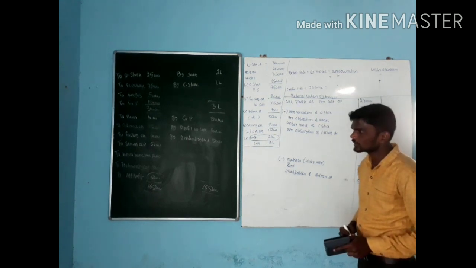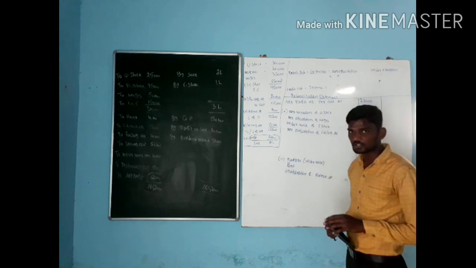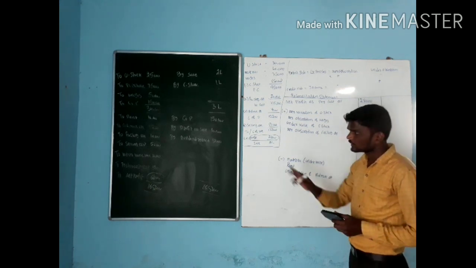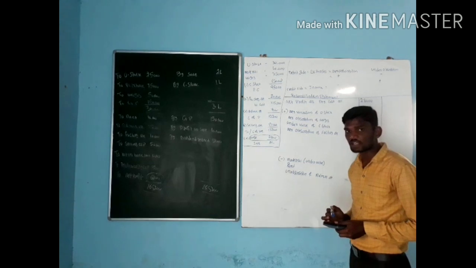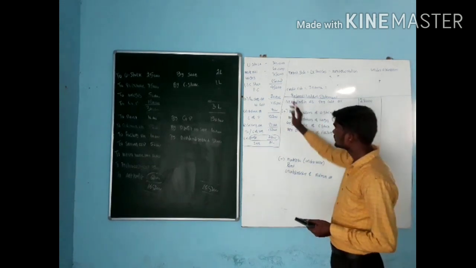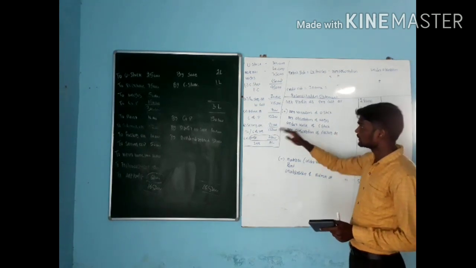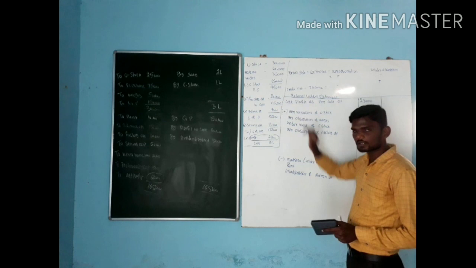Interest on bank loan is 10,000. Interest on bank loan is not part of your process of production. It is out of your process of production. Interest on bank loan is called purely financial expenses. See in the cost sheet, is there any kind of interest on bank loan? Interest on bank loan we should not record in the cost sheet.